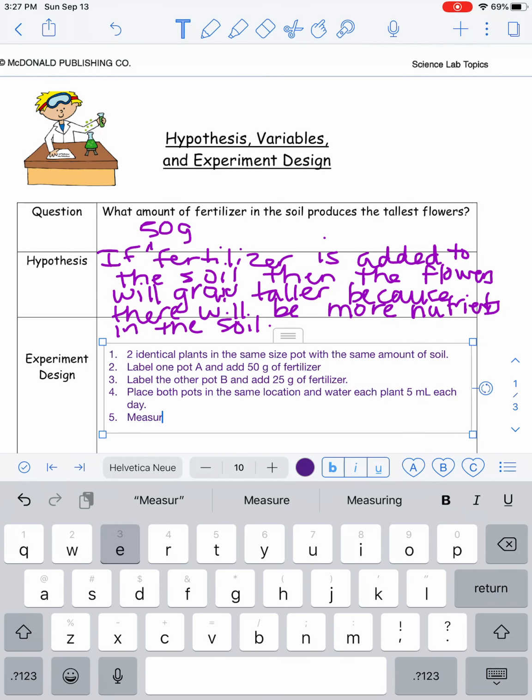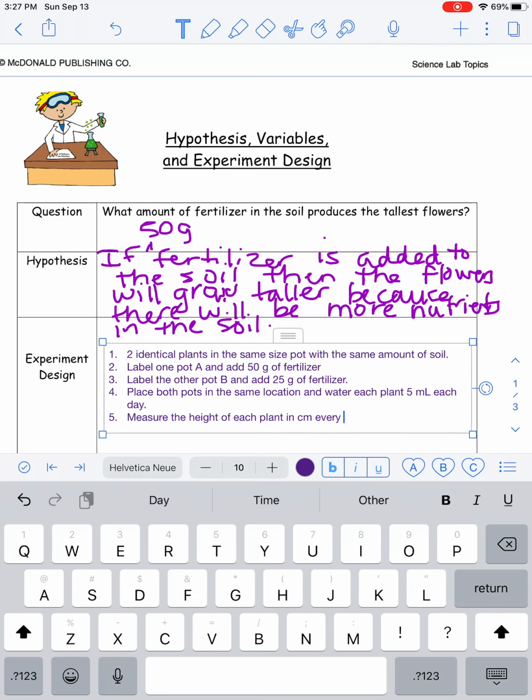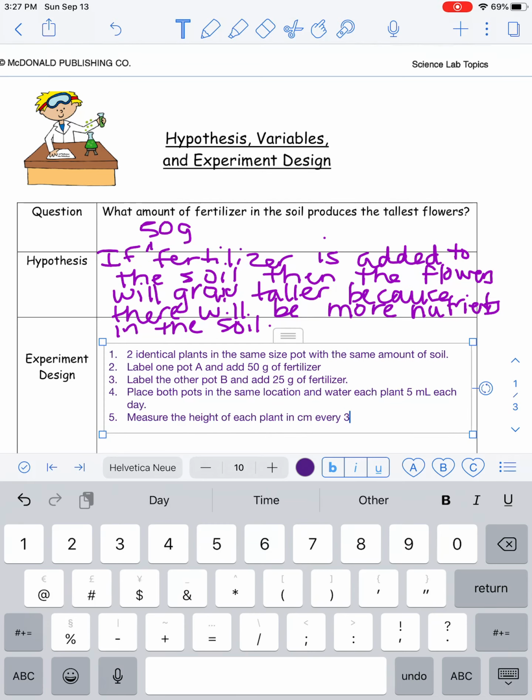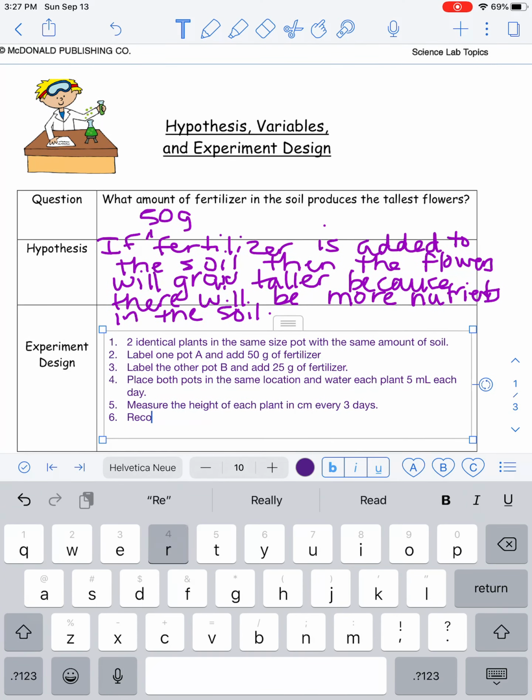Measure the height of each plant in centimeters every 3 days. Record the results. Okay, so I am going to have 2 identical plants in the same size pot with the